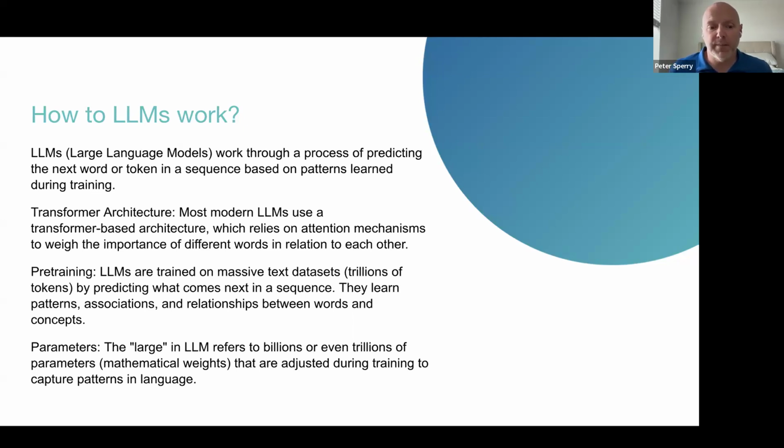And then parameters. The parameters just refer to how many items this LLM was trained on. So with Facebook's Meta, depending on your application, you can choose which model you want. Some of them have as many as 90 billion parameters. Some of them have as few as 4 billion parameters. And it just really depends on the outcome.